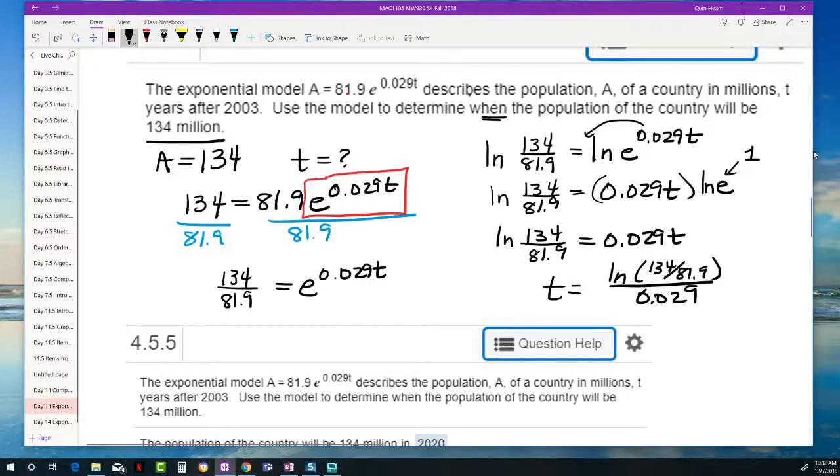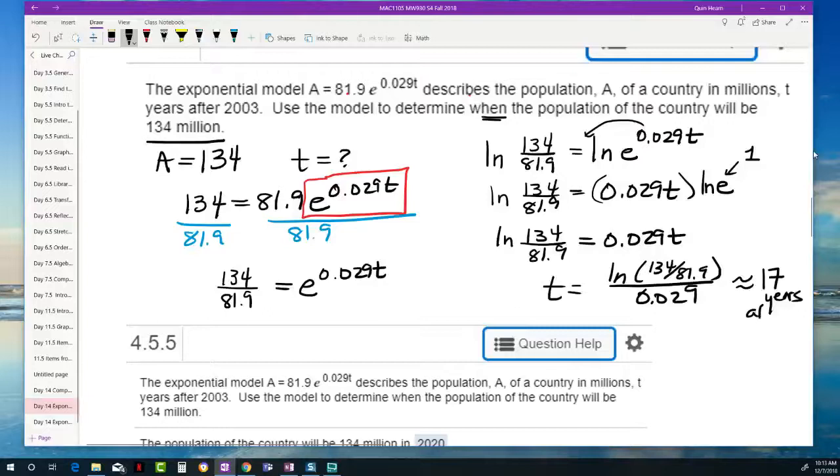All right, so try calculating that at home using your calculator. What are we going to get? Let's see, we have the natural log of, parenthesis pops up automatically, you don't have to type it, 134 divided by 81.9. You do need to remember to close the parentheses, and then we're going to divide that by 0.029. And so I got approximately 17